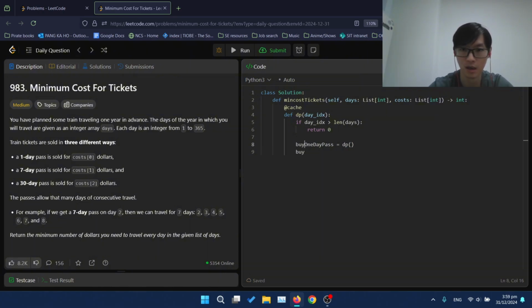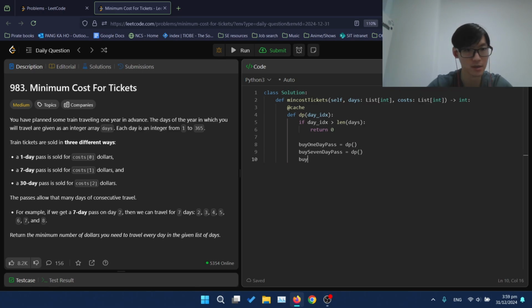We have to calculate the next available day index using binary search, so I'll write that later on. Then a 7-day pass, for DP, likewise, and a 30-day pass. And then you just return DP of 0, for example.